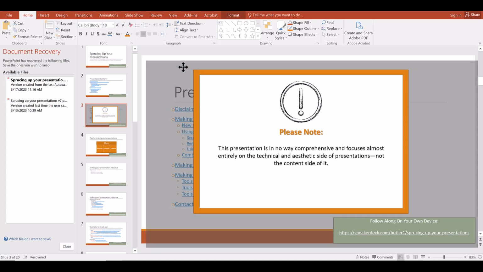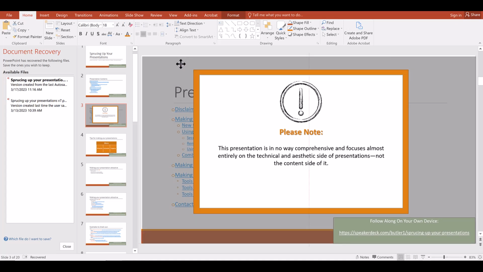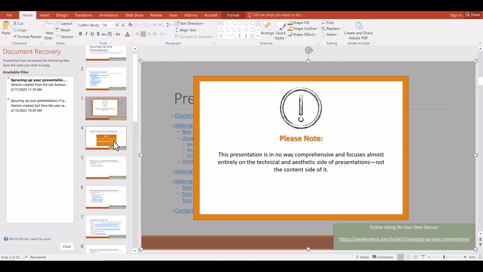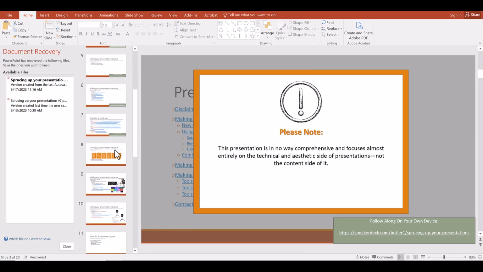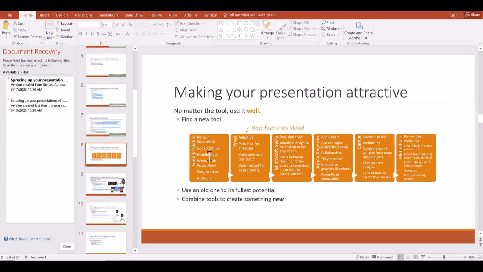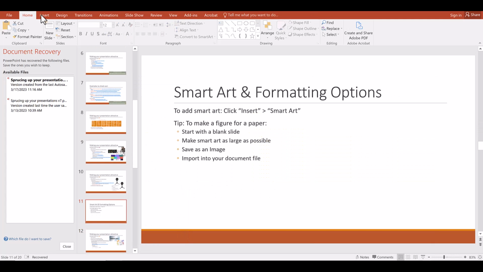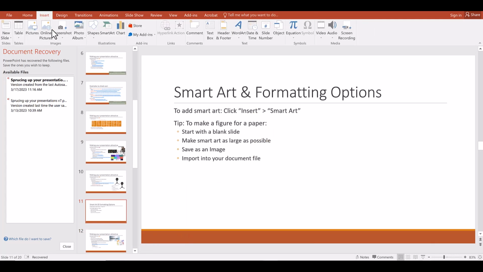Like I can just click and drag this gray box away and it just looks like my normal slide. But it's not. I'm just using different shapes like rectangles to create a different type of experience. There's also things like SmartArt. So this is an example of SmartArt, and I can show you real quick how to make one of those. So I'm going to go ahead and just open this slide. I'm going to go click on Insert and click on SmartArt.